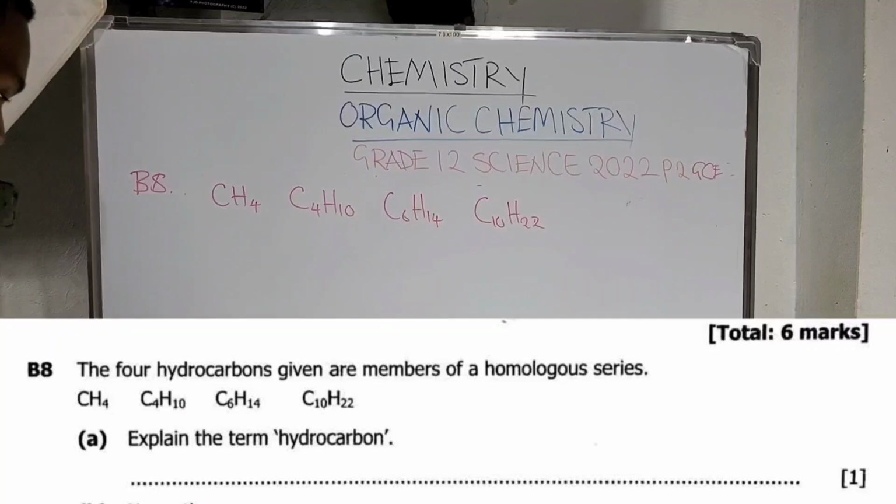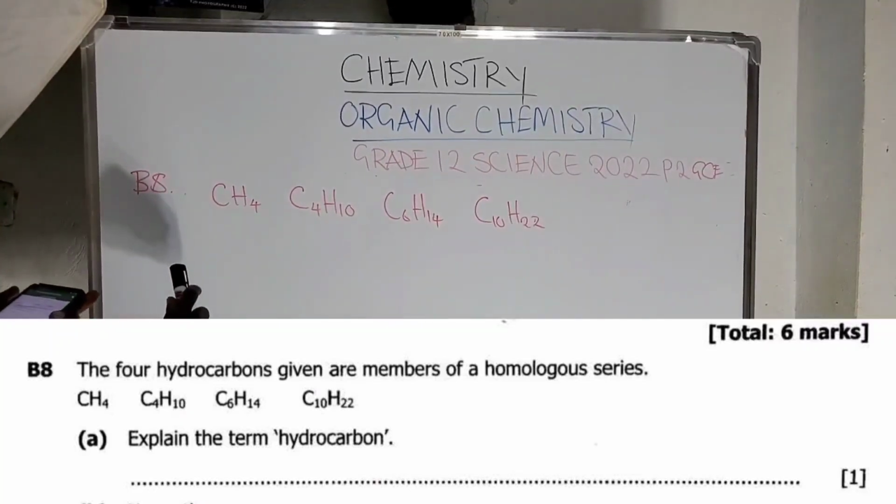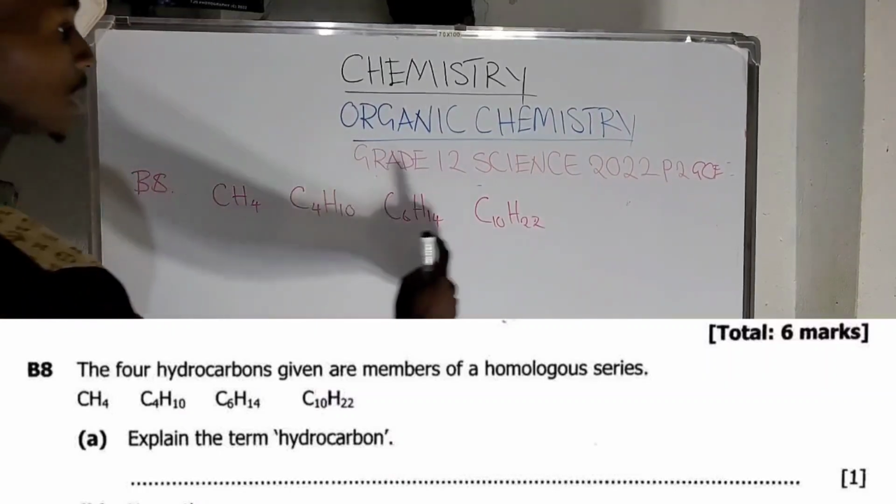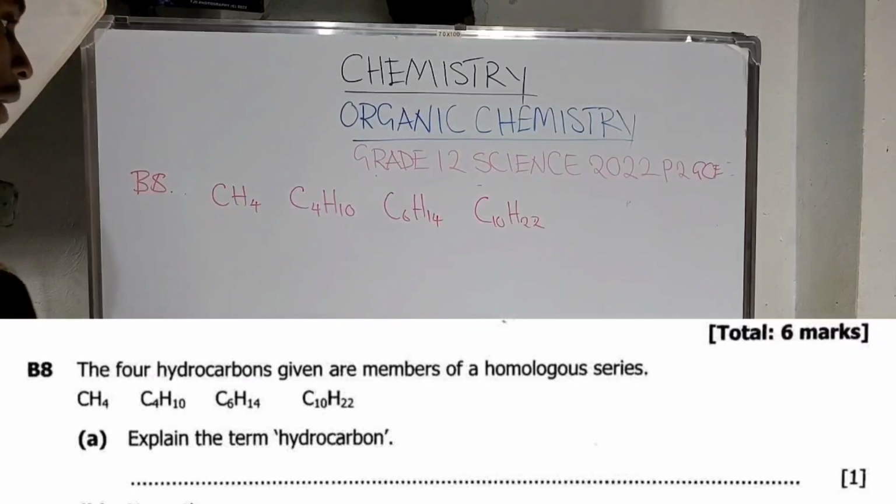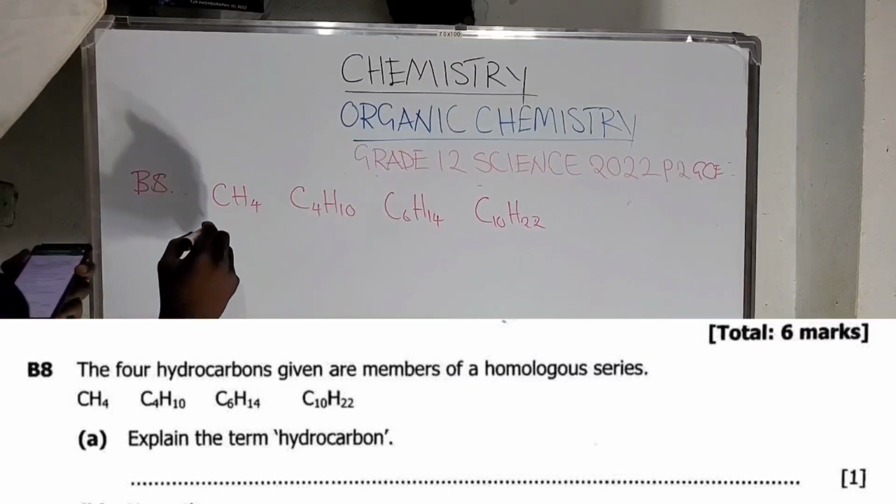The 4 hydrocarbons given are members of the homologous series, so they belong to the same family. Now, the first question is,